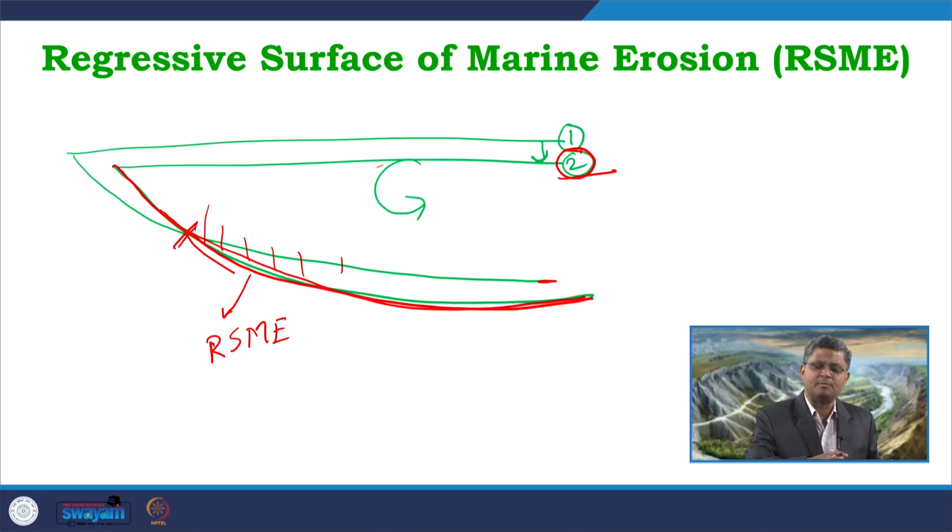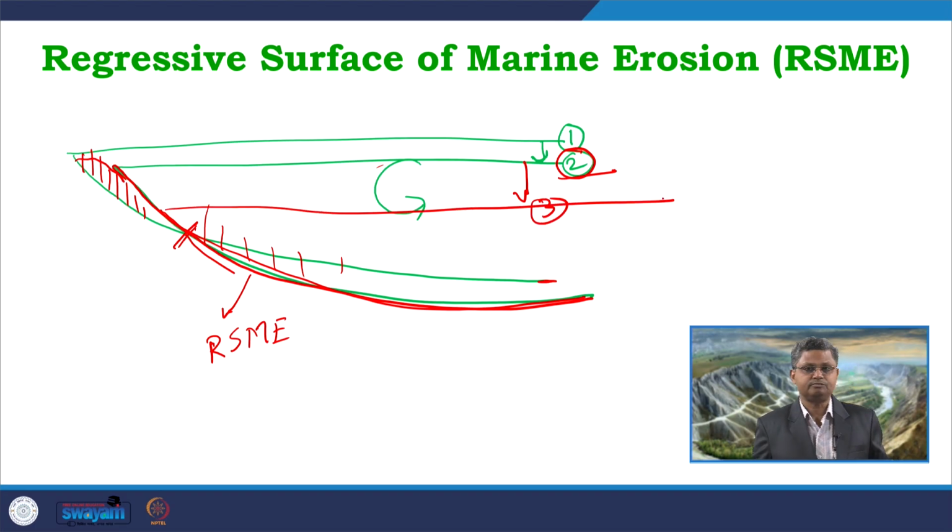Now, this is the equilibrium condition. For this condition we get deposition of sediment over here, up to this much sediment deposited here, which is an offlapping sediment, which is an FSST sediment. Now, the base level is coming down to level 3. For example, it is coming down over here. When it has started from level 2 to level 3, for level 2 the substrate is this one, and from there the base level is further falling to level 3.